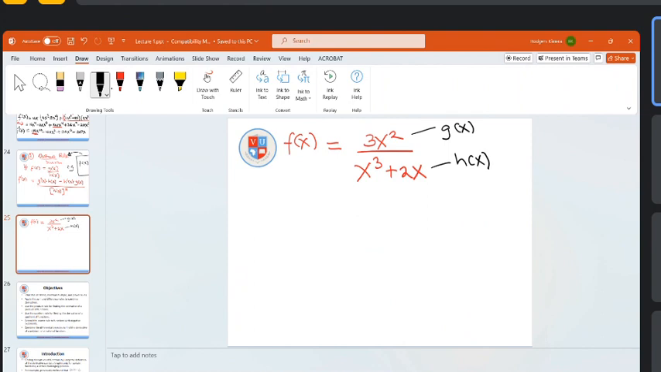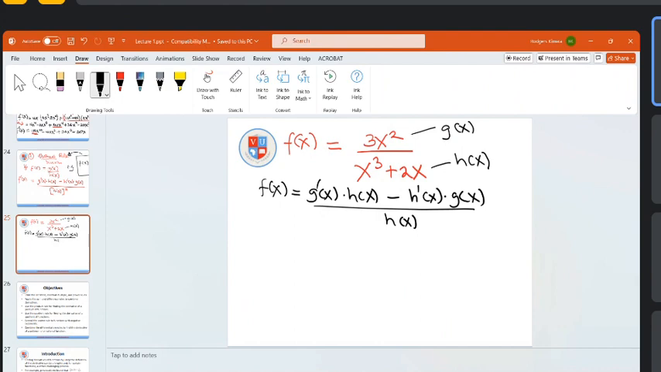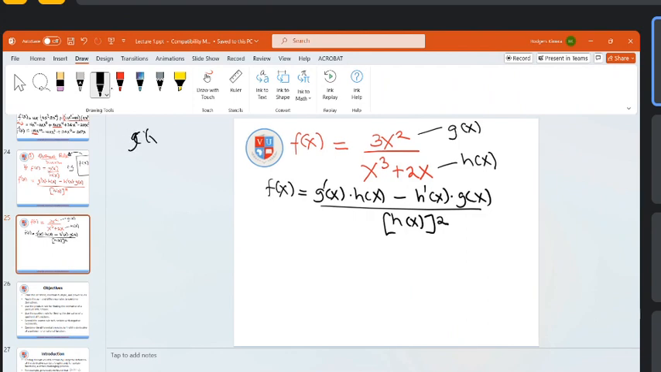For purposes of reference, f prime of x equals the first one prime times the second one, minus the second one prime times the first one, all over the second one squared. On a side note, if my d of x is 3x squared, then d prime of x is 6x. If my h of x is x cubed plus 2x, then my h prime of x